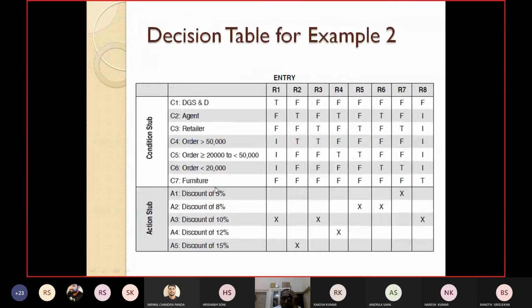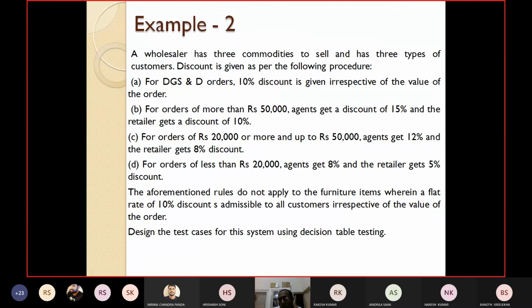Next, in the first case I have taken DGST, all others are not DGST. Then if it is not a DGST item, but he is an agent, not a retailer, and the amount is in the range 20,000 to 50,000, and not a furniture item, what will he get? I have already told you: if it is 20 to 50,000, the agent will get 12%, the retailer will get 8%.